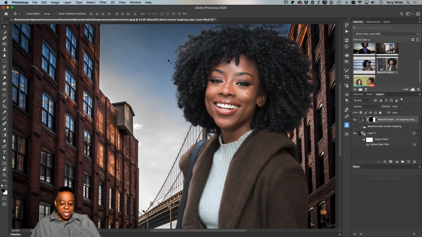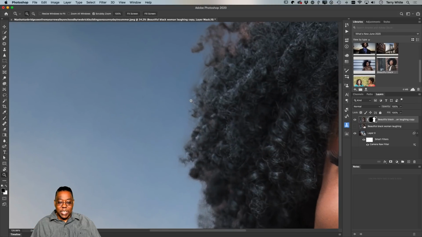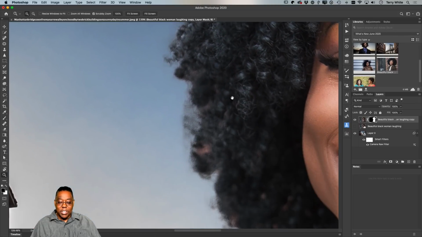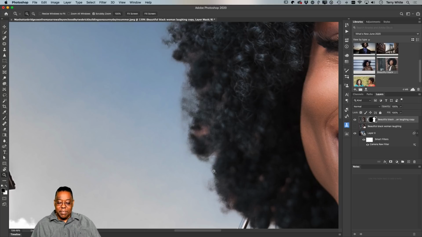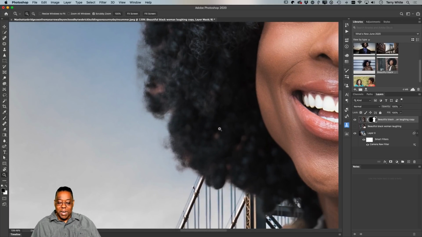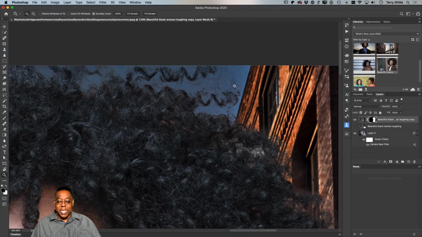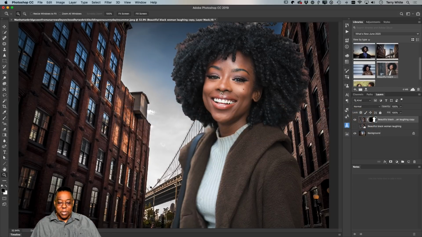And now if we were to go in and zoom in, we can see the difference is that it got rid of a lot of that brick wall that was behind her. Now there are little pieces of it, and I could still go in with my Refine Edge tool and get it out of there. But look at this compared to what we got. I think I still have the old one open. Let's go back and look at the old one